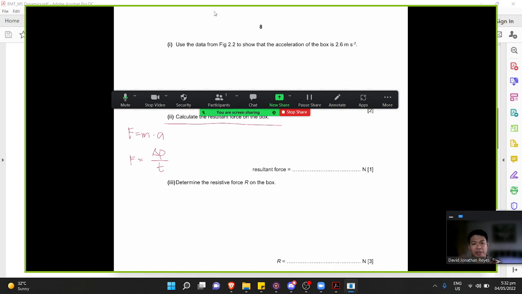Since the box is already accelerating at 2.6 meters per second squared, and the mass is equivalent to 65 kilograms, we're just going to simply apply the simple equation for the second law of motion to identify the resultant force of the box. So that gives you 65 multiplied by 2.6. So, quick computation, 65 times 2.6, and you will get